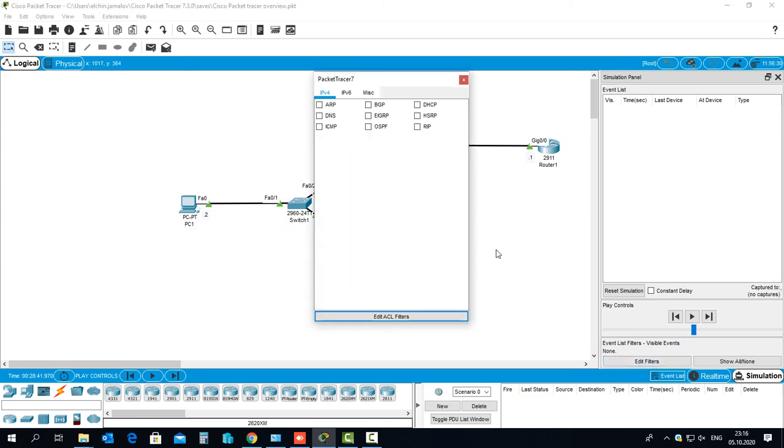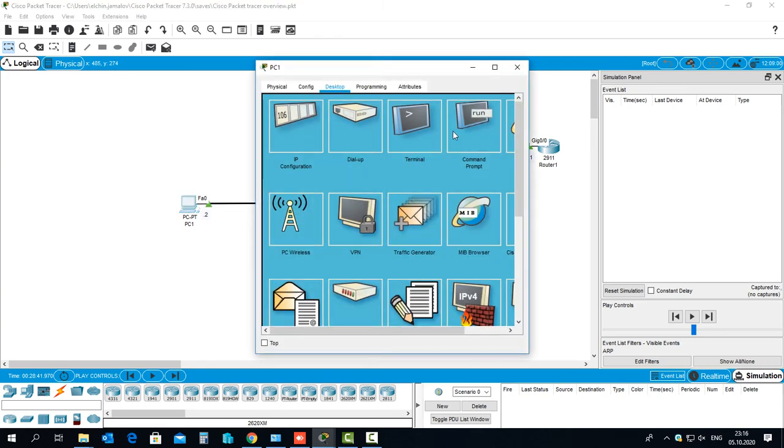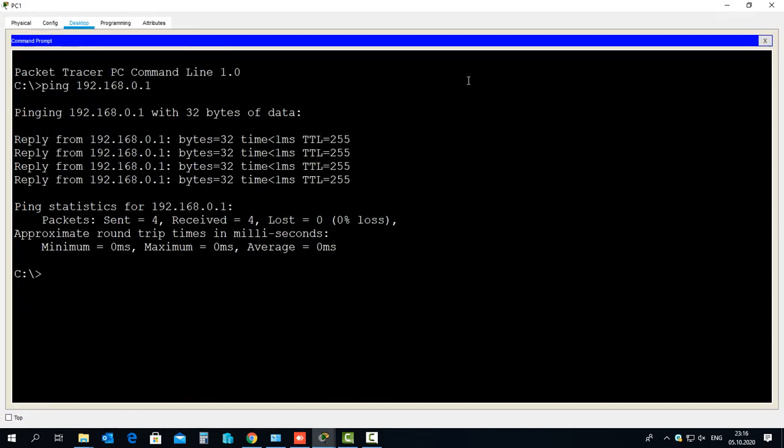Click here, Edit Filters, choose ARP, Address Resolution Protocol, and close. We can see the ARP appeared here. And what should we do to test this ARP? To test this ARP, we should ping from this computer to a computer which is not in our network. For example, I'm going here, I'm trying to ping,